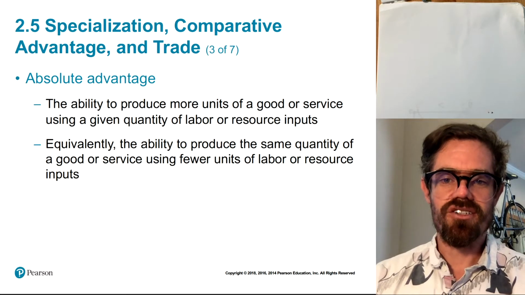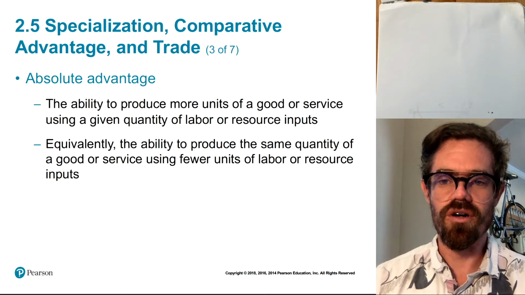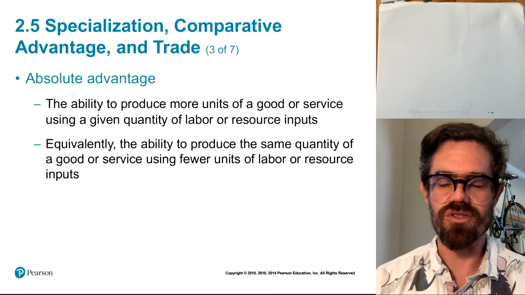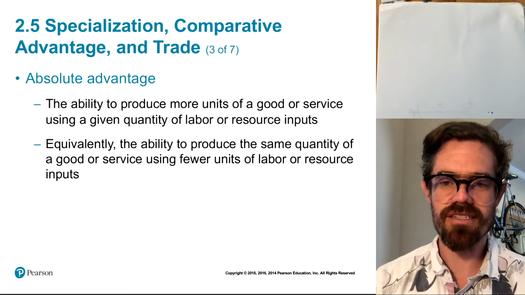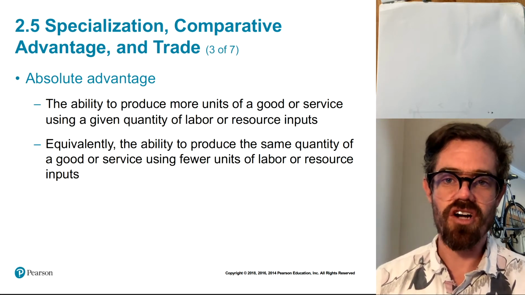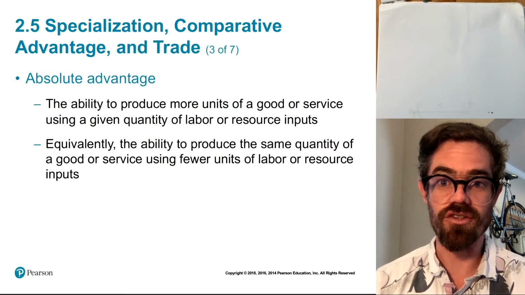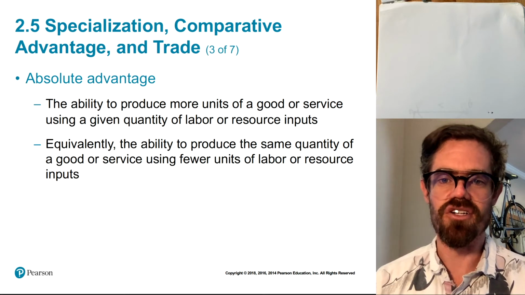And then this is in contrast to a related concept called absolute advantage. And this is just the ability to produce more of a good or service given a quantity of labor or resources. So it's not the same thing. It can be easy to confuse them, but here there's no mention of cost, right? It's just who can produce more, right, in absolute terms. So that's why it's called absolute advantage. But there is no consideration of cost, which